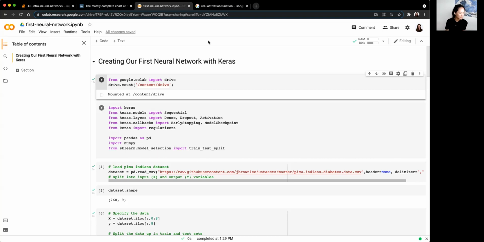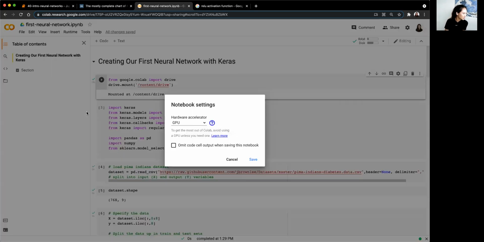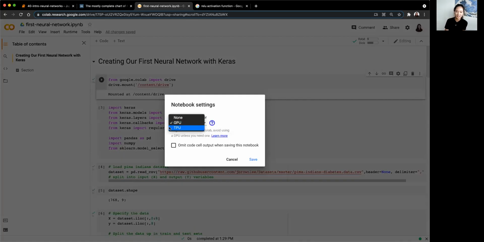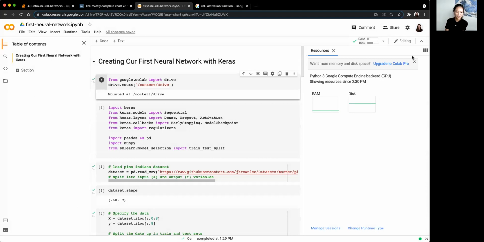So where you do that is if you just go to colab.research.google.com and you can set up your own Jupyter Colab notebook. Under runtime, you can change the runtime type and choose what kind of accelerator you want. So you can use a GPU, you can use a TPU. If you pay for it, you can see over here that there are some limits to